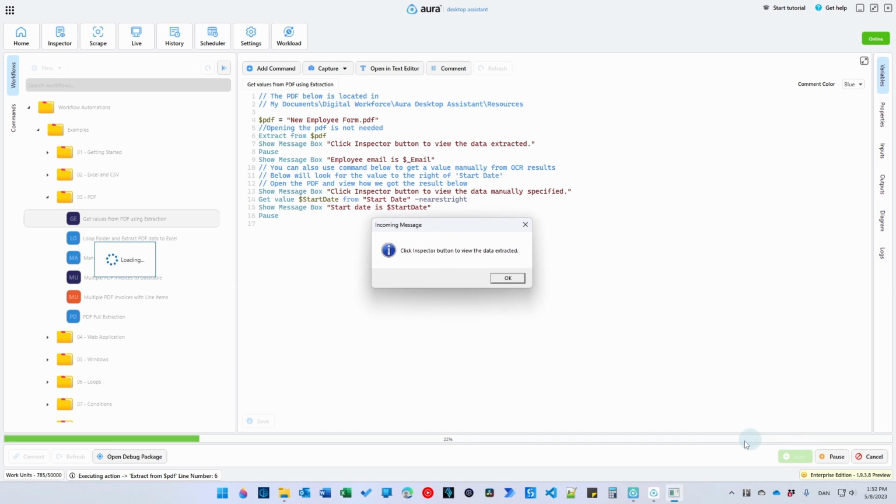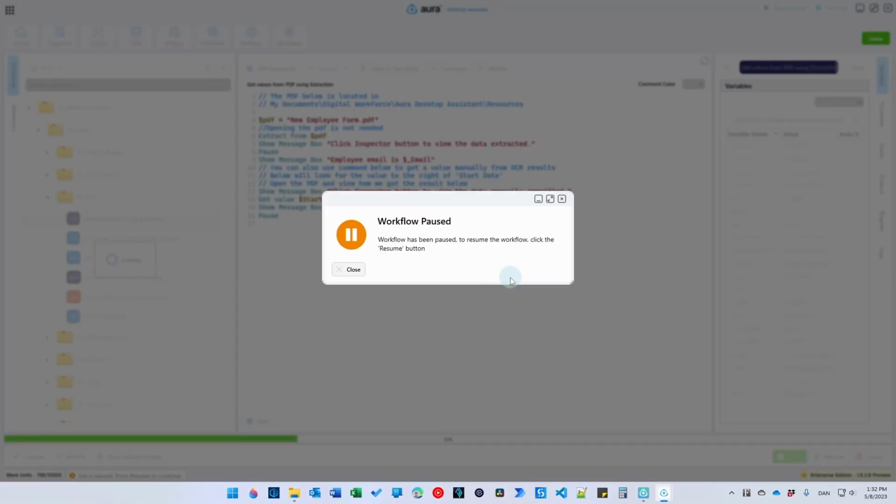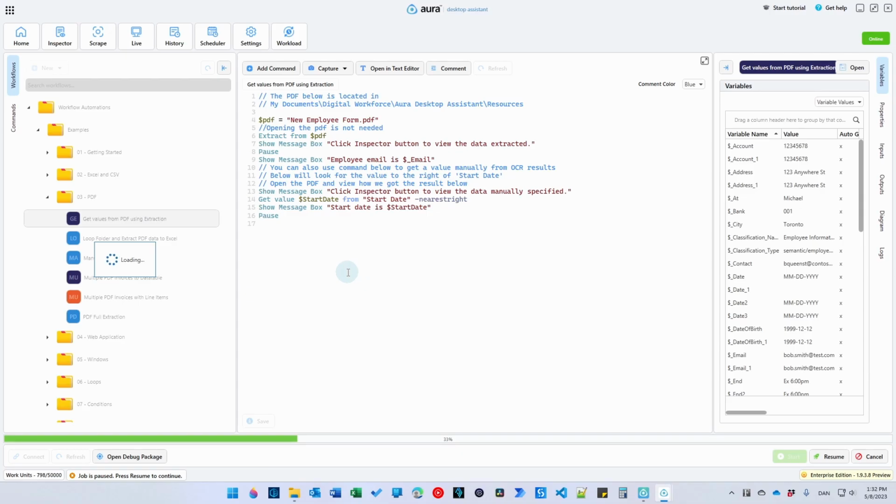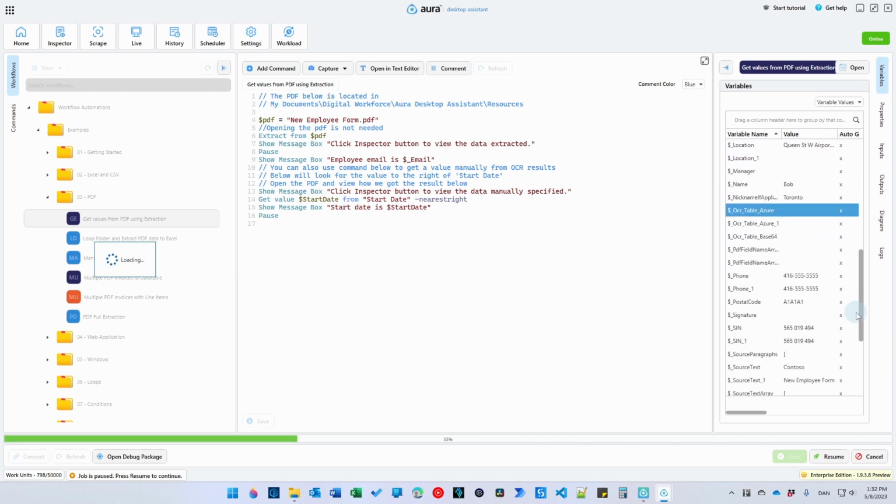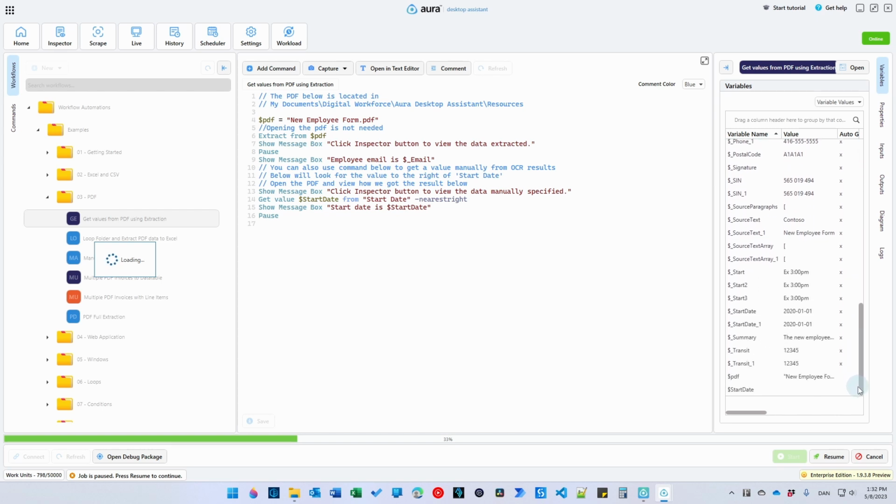And here we have our message box that corresponds to this line up here. When I click OK, I can see our workflow is paused. I can click close here. So right now, nothing has happened until we click resume here. But what I want to do is to go over here to the right. And in case you are any other place like here, just click variables up here. Here are the variables that are getting created in this flow. If I scroll a little bit down here, all the way down to $PDF, this is